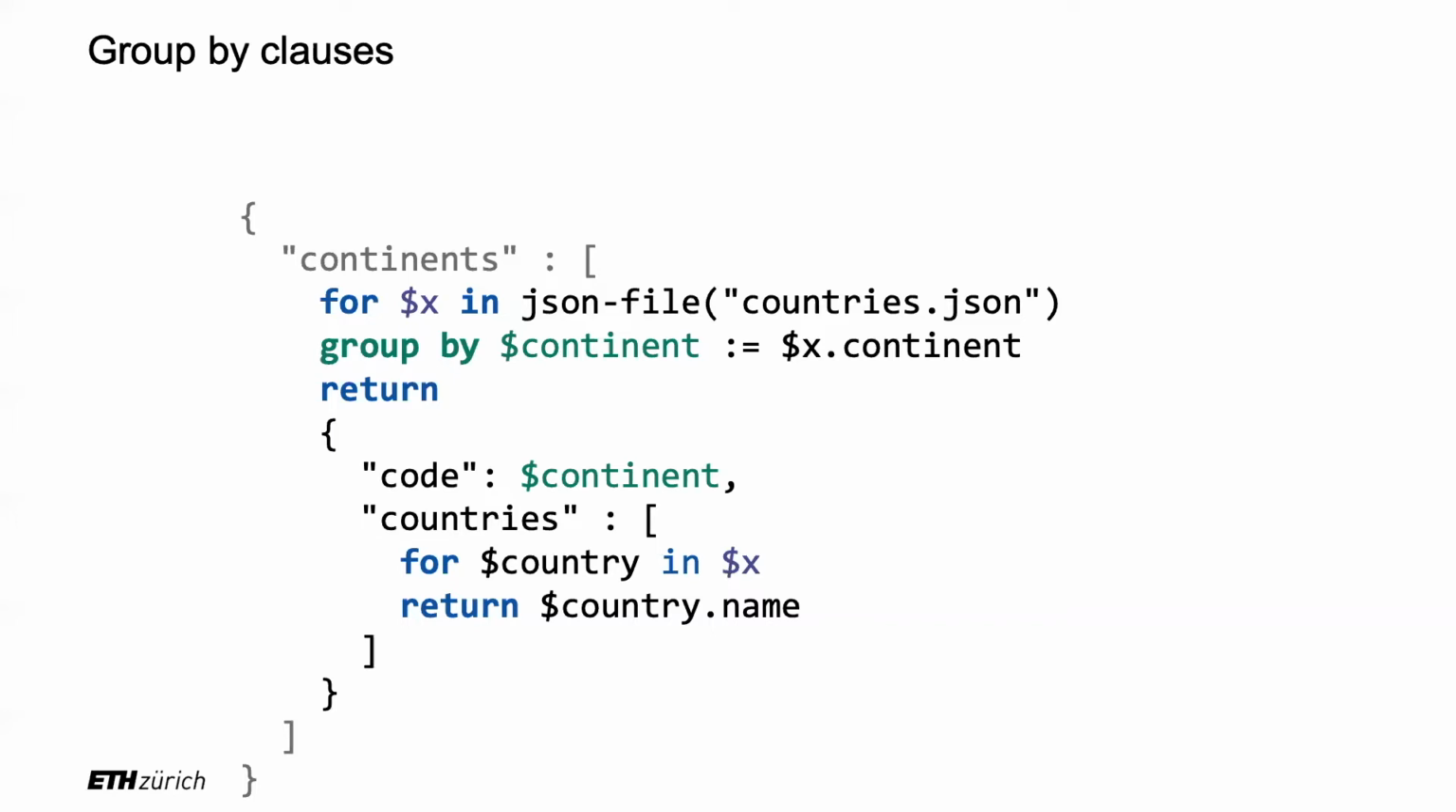But after the group by, what's going on is that this $x, for each continent, for each group, is a sequence of the country objects in the current group. So $x is a sequence after the group by. That means that for every group, you're going to return an object with the keys code and countries. Code contains the continent. What's interesting is that if you look inside countries, inside this array, it's a mini iteration within my group. So $x has the countries within the continent that I'm looking at, and it's iterating on these